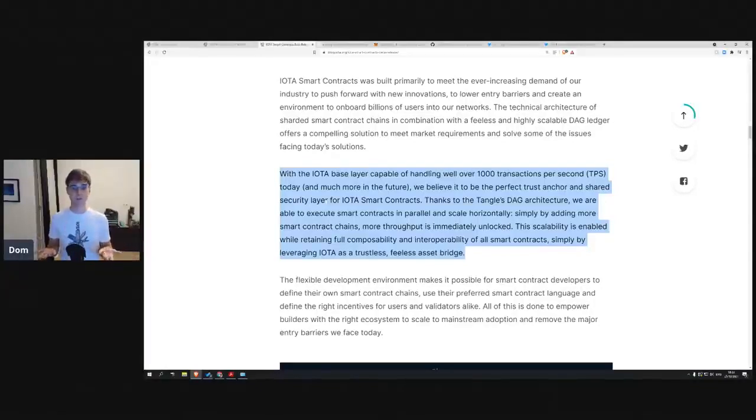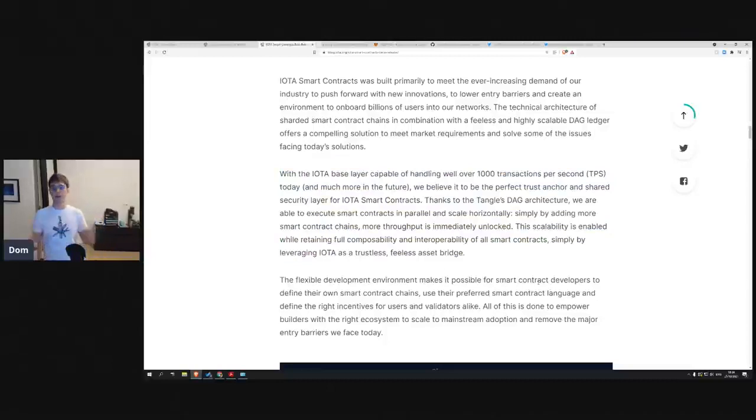And the key to all of this is the interoperability, because each smart contract chain that is deployed can interact with every other smart contract chain in the network. And it offers this beautiful composability, right? So assets from one chain can easily be transferred to another chain. And we really believe that the entire architecture, the way that we've designed it, offers a unique environment for developers. So we didn't copy other solutions, right? We really built this over the last 2 years from the ground up,